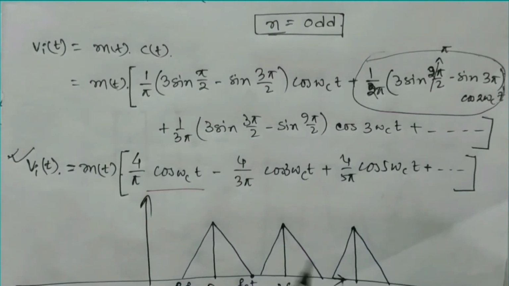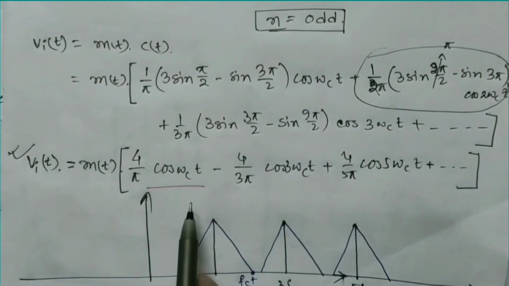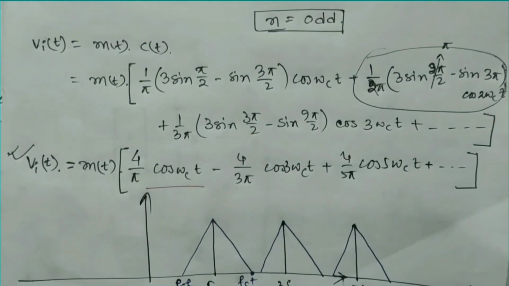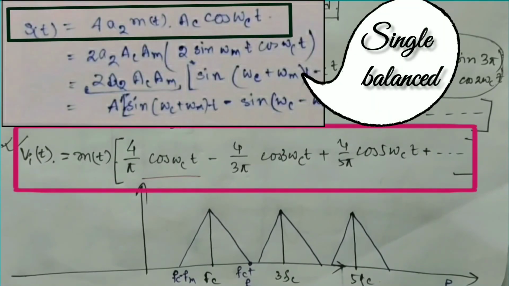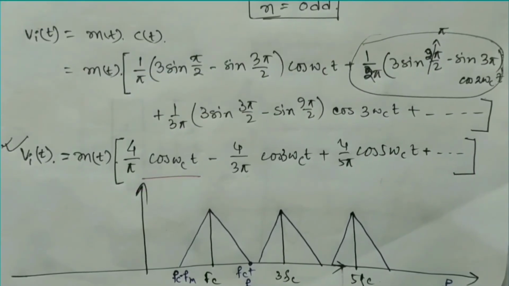The output of this balanced modulator consists of the product of message signal and the carrier signal, but the message signal and the carrier signal are not individually present. That is, the modulating circuit is balanced about both message signal and the carrier signal, and hence ring modulator is called double balanced modulator. And since at the output of both single balanced modulator and double balanced modulator we find the product of message signal and carrier signal, the modulators used to modulate DSBSC signals are also called product modulator.